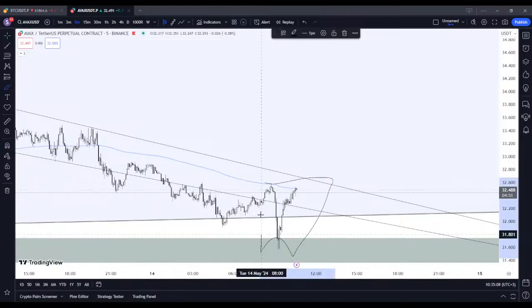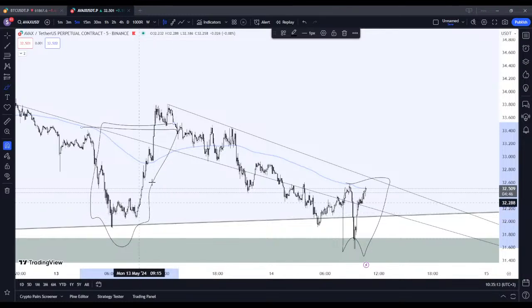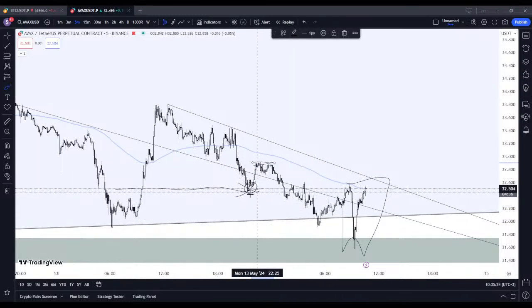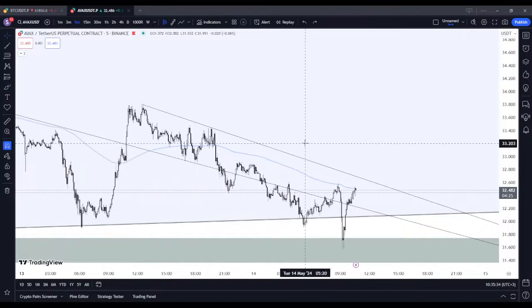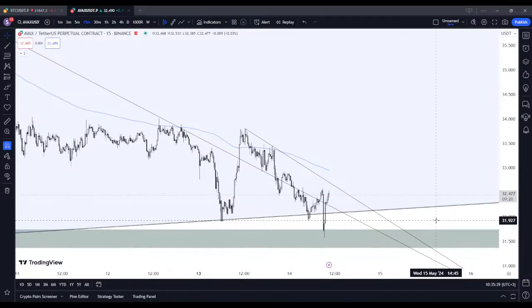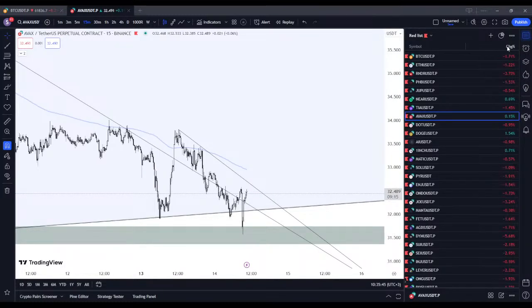I'm not a big fan of these V-shape moves because you cannot ride them. I cannot do anything with this one. And when you have the retest, well, do you want a retest? You don't want a retest because it's not giving you that high probability, high risk to reward scenario. It's giving you a low risk to reward. And I cannot do anything with this type of movement. So I'm forced to wait for some clear bullish or bearish momentum, like we see on PHB.